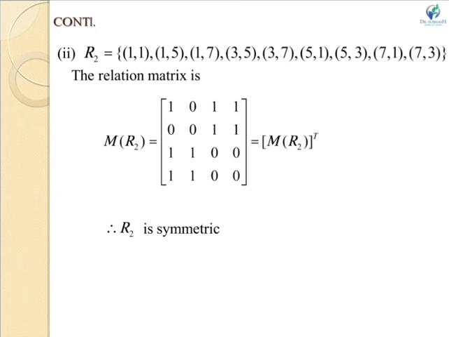Now here you can see that M12 is 0 and M21 is also 0, or you can say M14 is 1 and M41 is also 1. So it is of the type, if (x,y) is in R, then (y,x) is also there in R. So this is of the type symmetric matrix. In other words, you can also check the transpose of this matrix. If you take the transpose of this matrix, then it will be equal to MR2. You will get the same matrix. So if you are getting the same matrix, then R2 is symmetric.